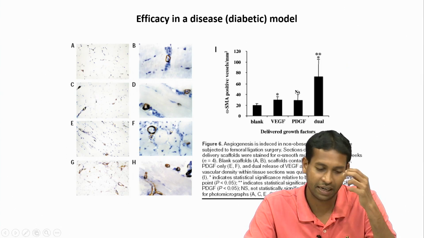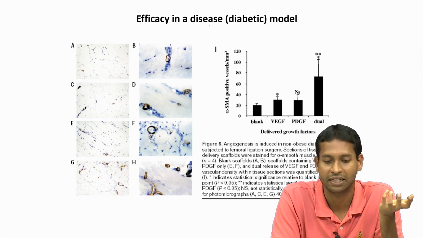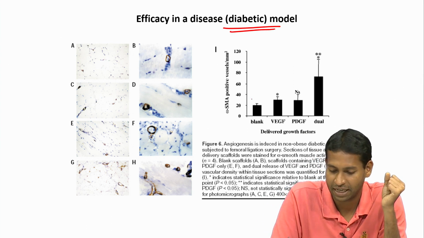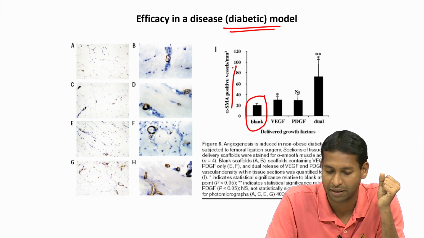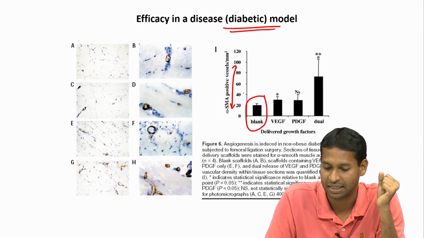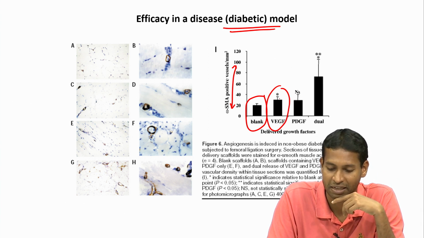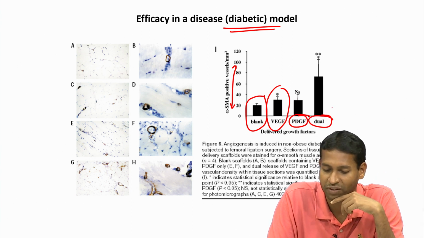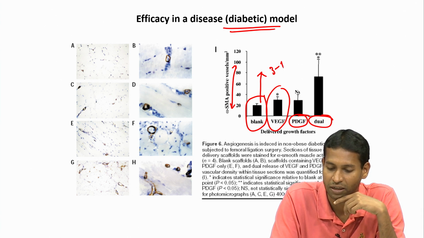And then they further went ahead in a disease model. Again, in a disease case the body's intrinsic capacity to heal is much lower. So, this is a diabetic model that they have used, and what they see again is if they use only a matrix, they get very little cells that are essentially vessel cells, but if they start releasing VEGF, they get certain enhancement, but still fairly marginal. With PDGF they do not really see much enhancement, but if they release both of them they see quite a long jump, almost 3 to 4 fold